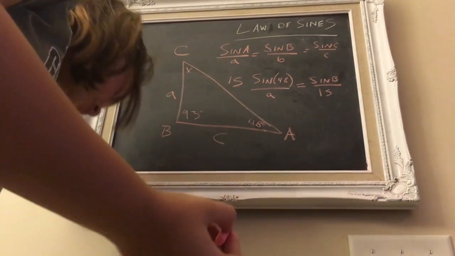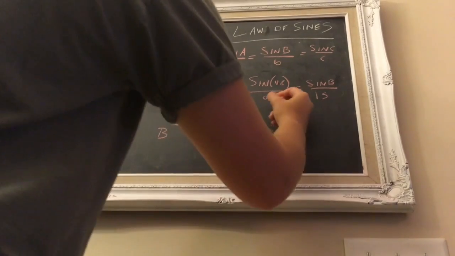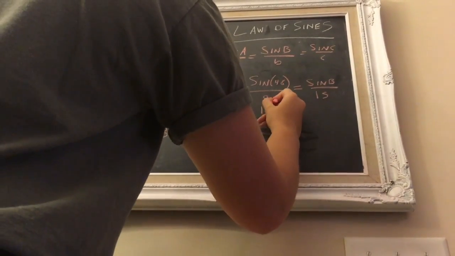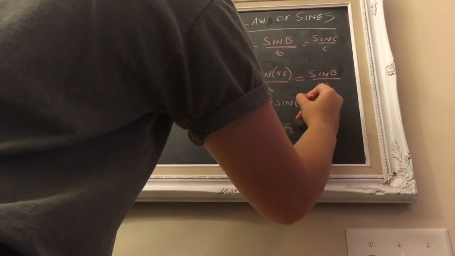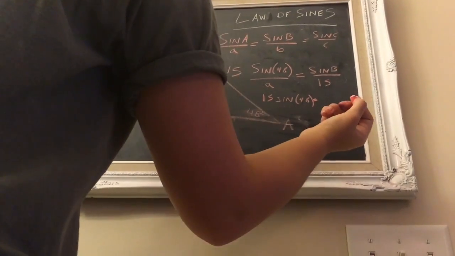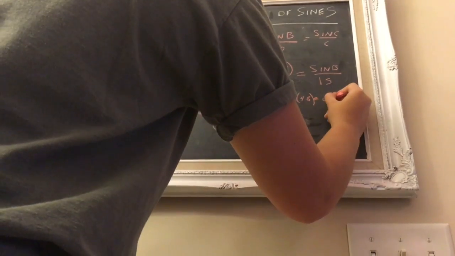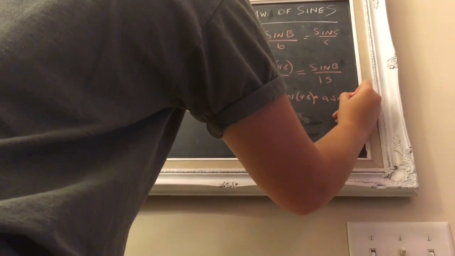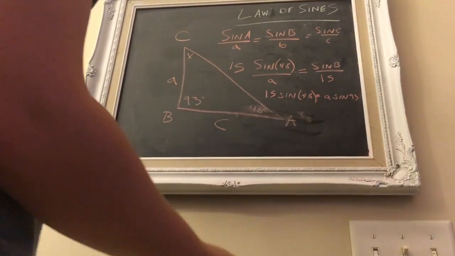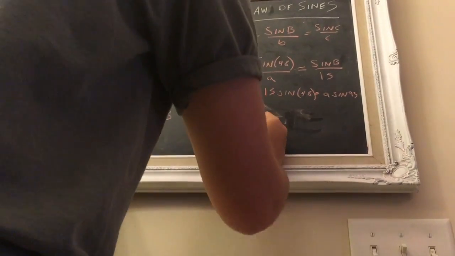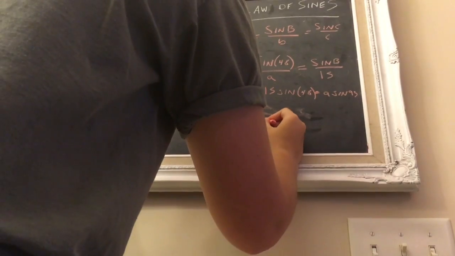Once you do that, you cross multiply, and you end up with 15 sine 48 is equal to a sine 93. Once you solve, you end up with a equals